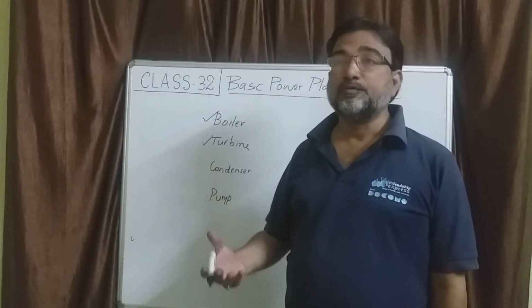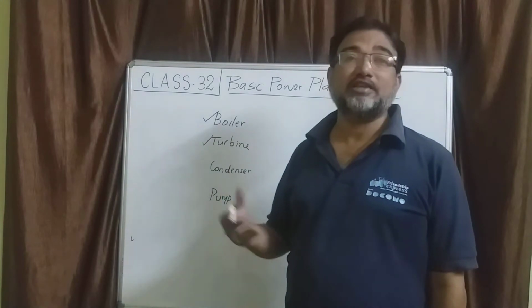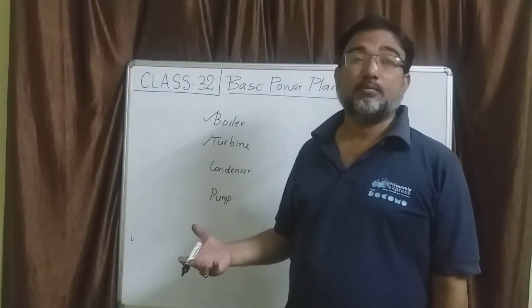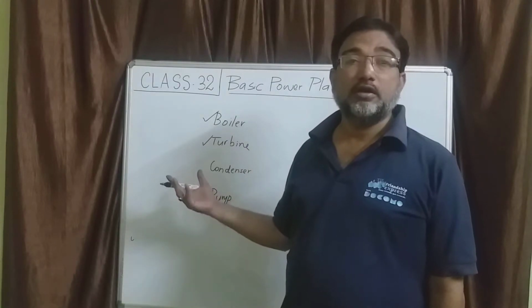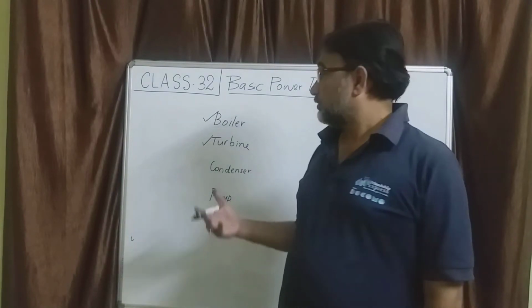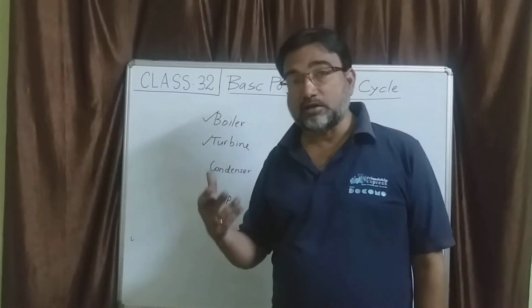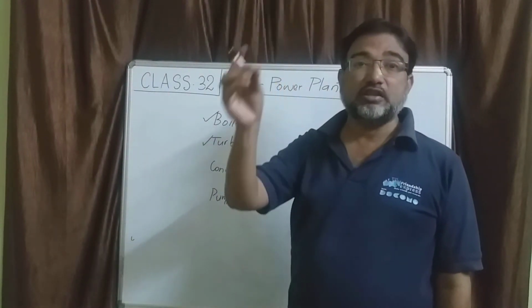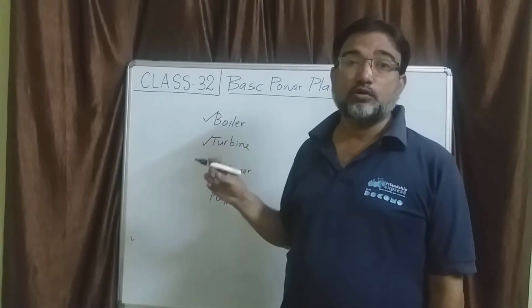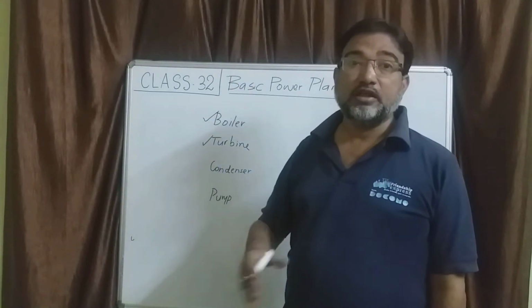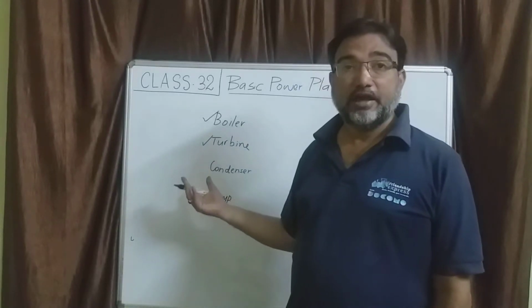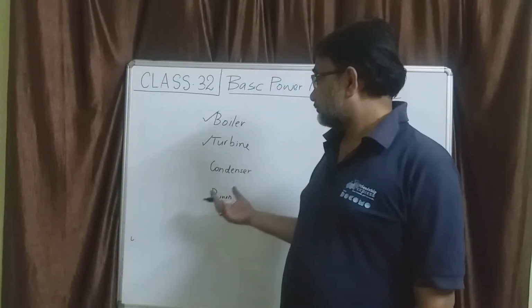What is the work done? The steam will expand, and expansion of steam is always accompanied by positive work. So that work will be done by the turbine. We have done this kind of problem in the steady flow energy equation: steam with this enthalpy enters the turbine and goes out with that enthalpy. There is an enthalpy drop, H1 minus H2, which is equal to W dot. We will see what is happening.